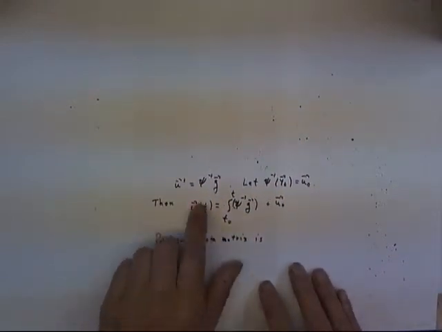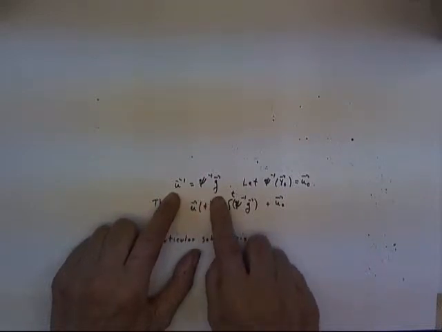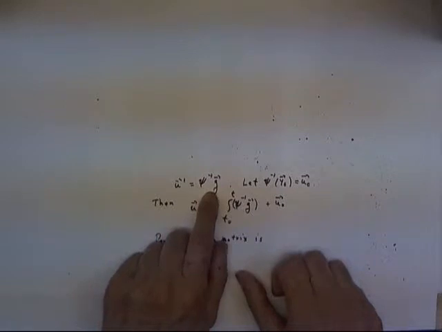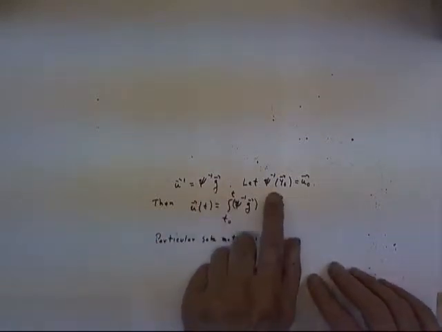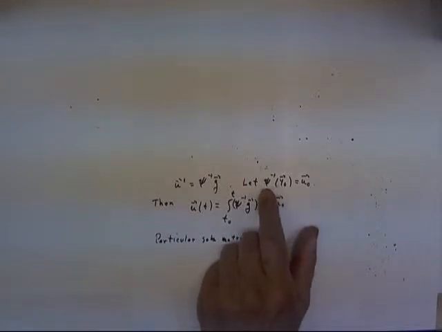So, writing that down again, u prime equals psi inverse g, and we want to find u, so we're just going to have to integrate. Now, it's going to help in the integration if we have a u naught, which is just psi inverse times our y naught. Remember, we had y of t naught equals y naught. So if we let psi inverse of y naught equal u naught, then